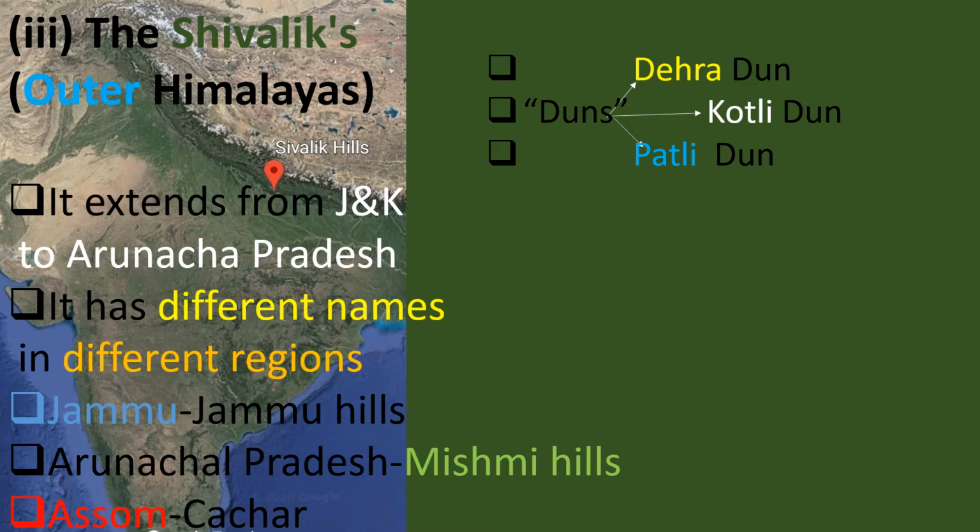In Arunachal Pradesh, beyond the Dihang Valley, the Himalayas take a bend to the south and act as the eastern boundary of India and run through the northeastern states. These divisions are called Purvanchal, and they have sedimentary rocks and sandstones. Regionally, these Purvanchals are known as Patkai Hills in Myanmar and Naga Hills in Nagaland, Manipuri Hills in Manipur, and Khasi Hills in Meghalaya.